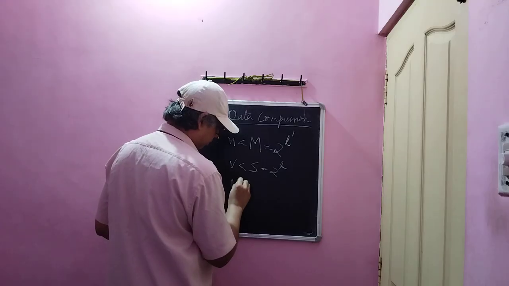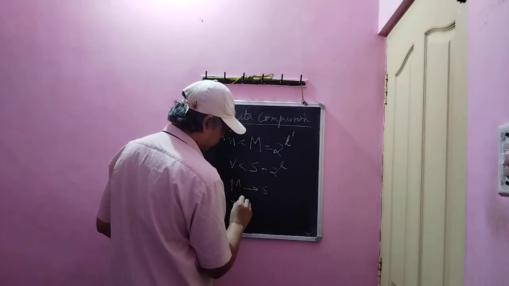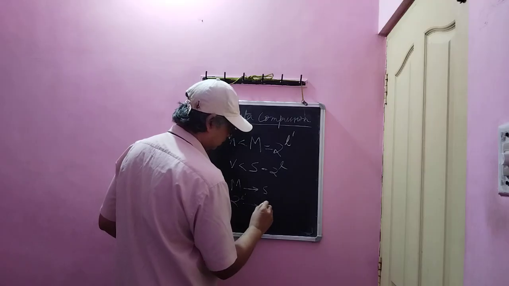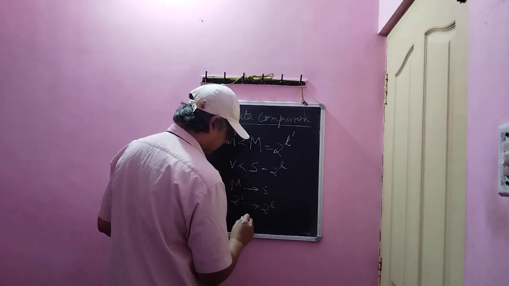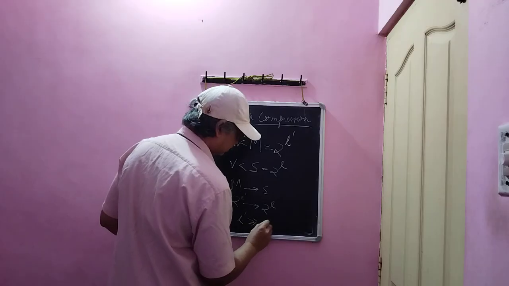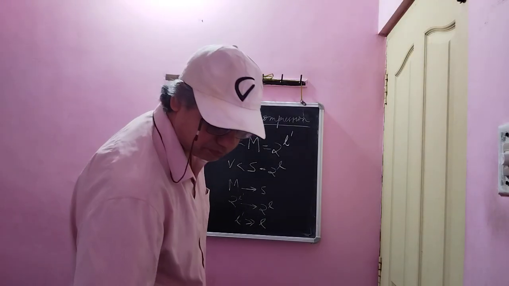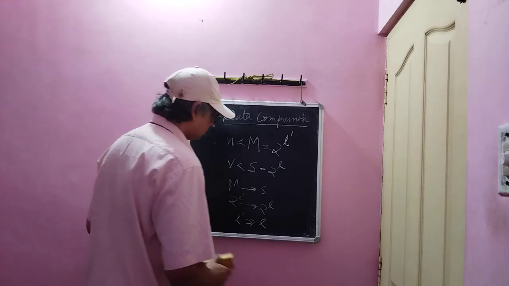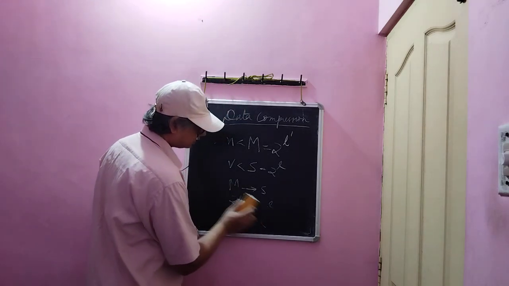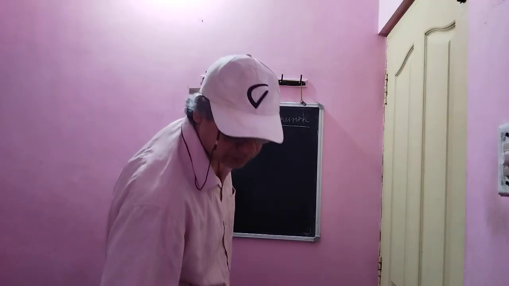Basically, we want to perform the mapping from m to s, that is 2 power l dash to 2 power l, where l dash is much larger than l. Now we know that the ratios associated